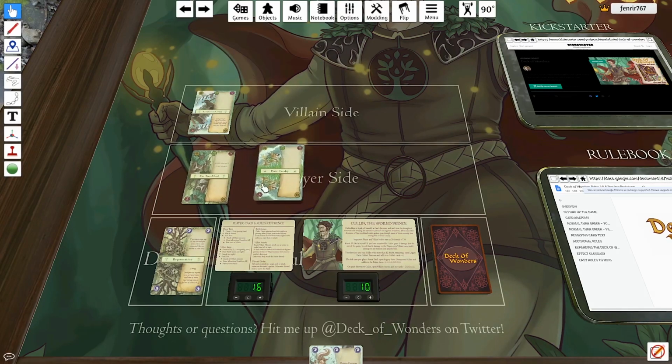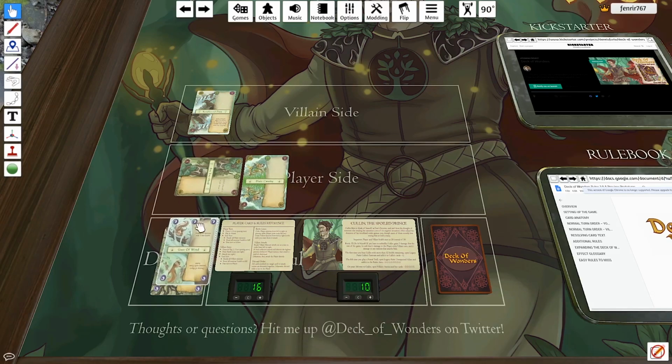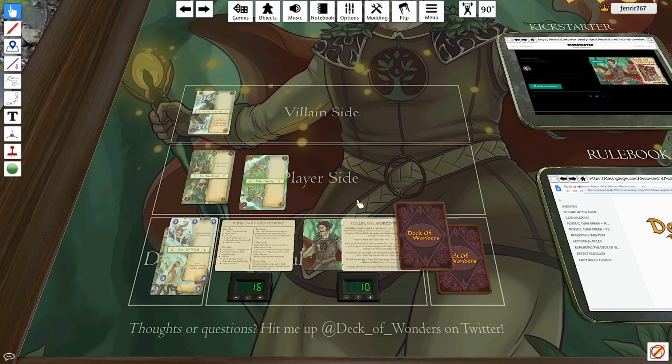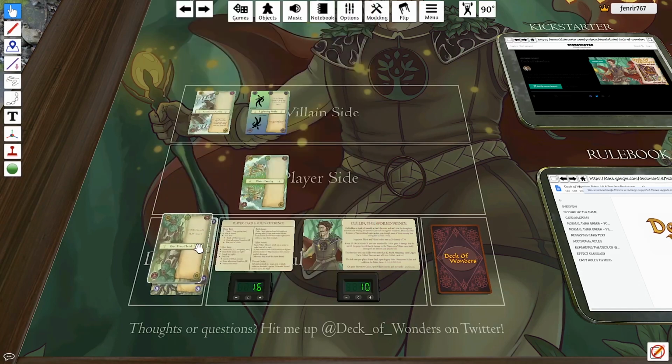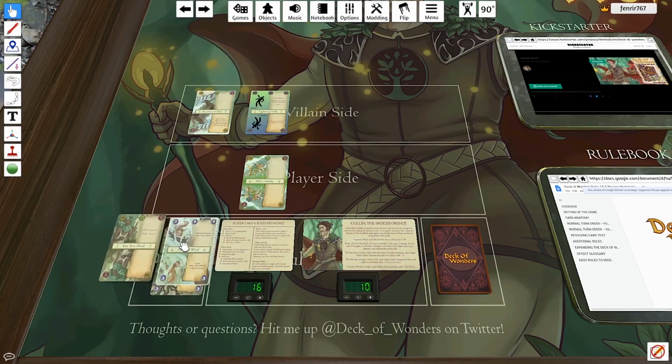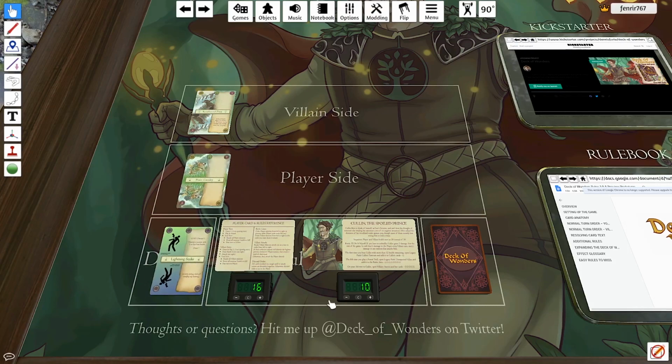Just put into position properly now. It is exhausted. We discard a card. Back into play. So destroy the highest priority minion. So it takes us out. We take 2 damage from Cullen. We're just really not getting anything good